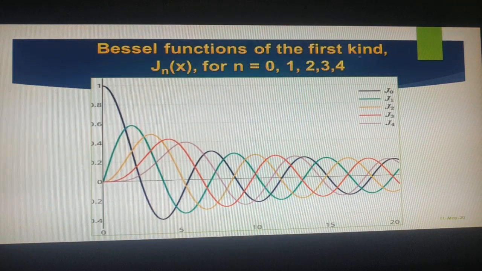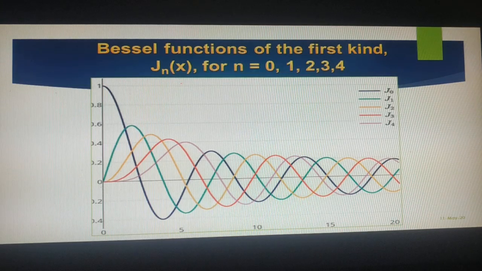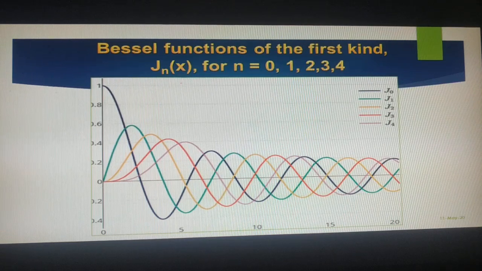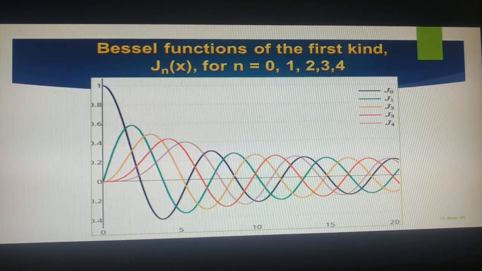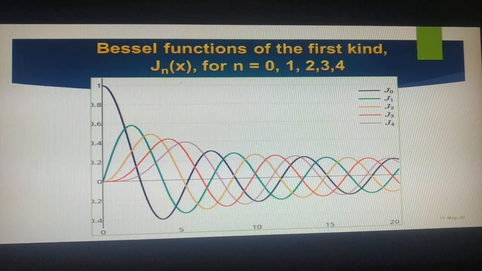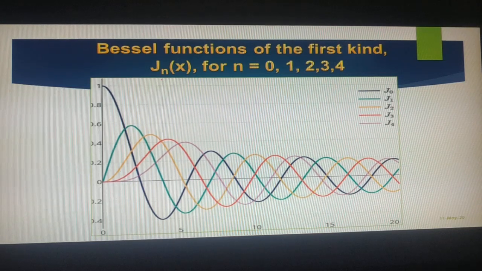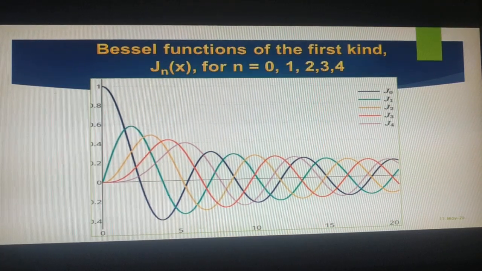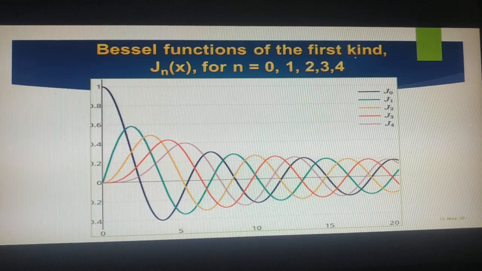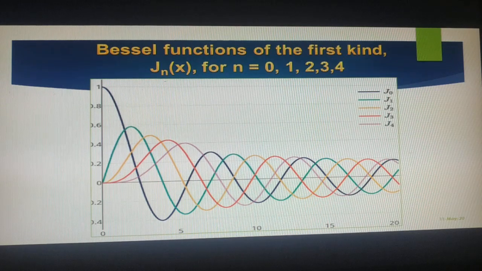Bessel functions of the first kind. So whatever we got, Jn of x and J minus n of x, those two functions are the Bessel functions, and when the roots are not equal, m is equal to plus or minus n, we got these formulas. If both roots are equal, then you have a second kind. That is not in our curriculum, so we are not going to discuss it. For the examination point of view also, we are just concentrating on Jn of x. Of course, just by changing n to minus n, we will get that formula.